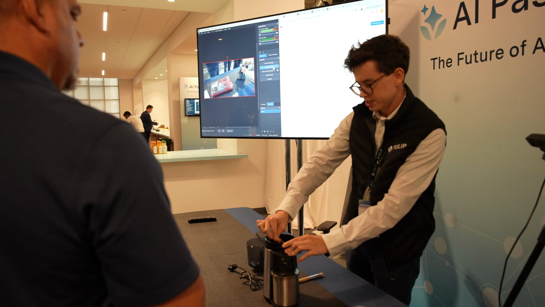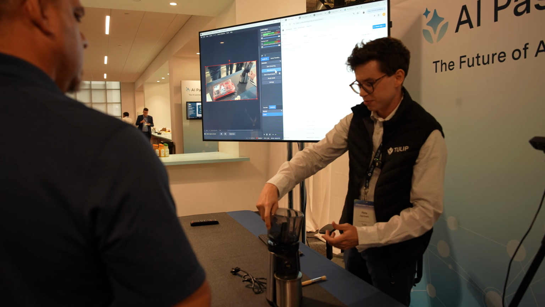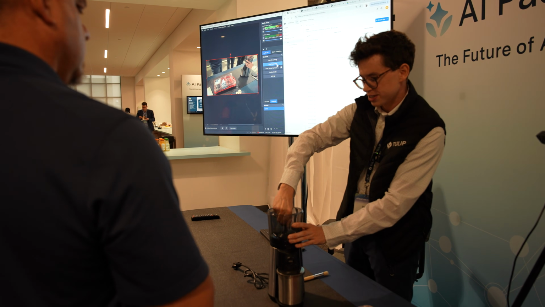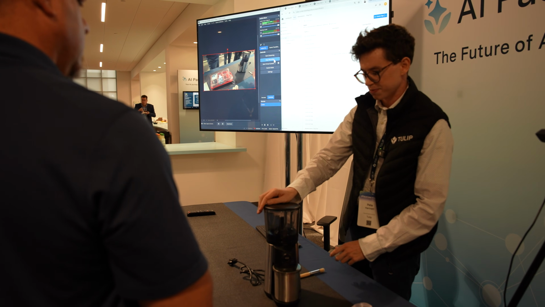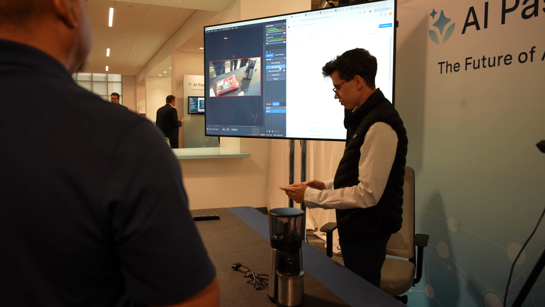Make sure they snap into place. Make sure if I pull up, they don't fall out, and then I'll go reinstall my hopper. Right, wait for it to drop into place, lock into place, put my lid back on, and put my tools away. So I can take that video that I just recorded